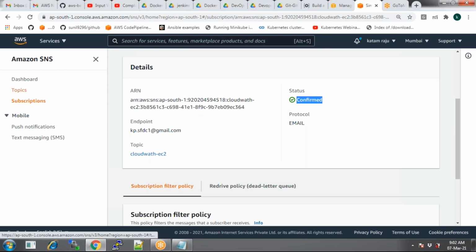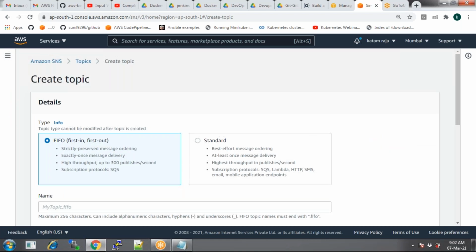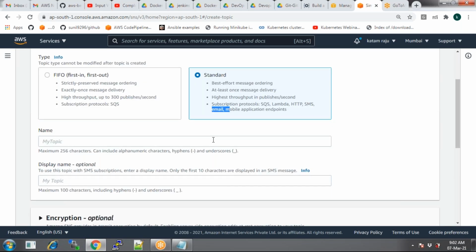Let me create another topic. So first create a topic, and then you select standard. Why do I select standard? Since I want to go with email. So give some name. Let's say CloudWatch for, let's say, RDS. That means database. So I will be using this CloudWatch alarm for my database.